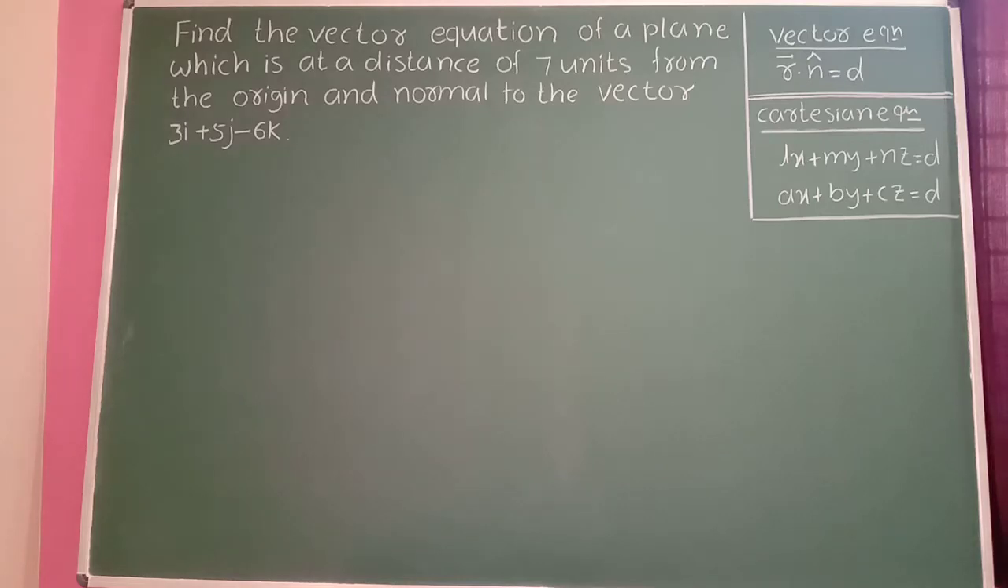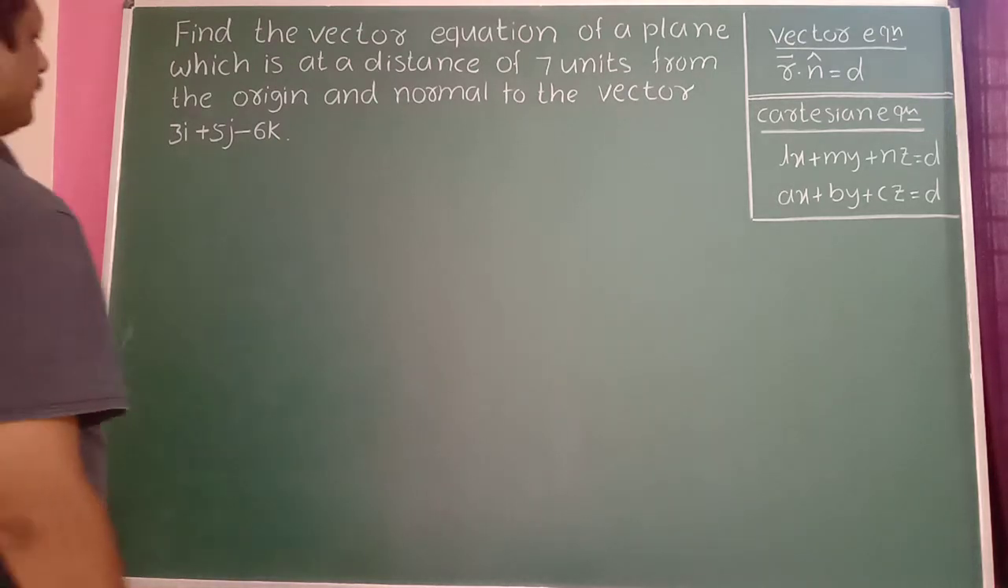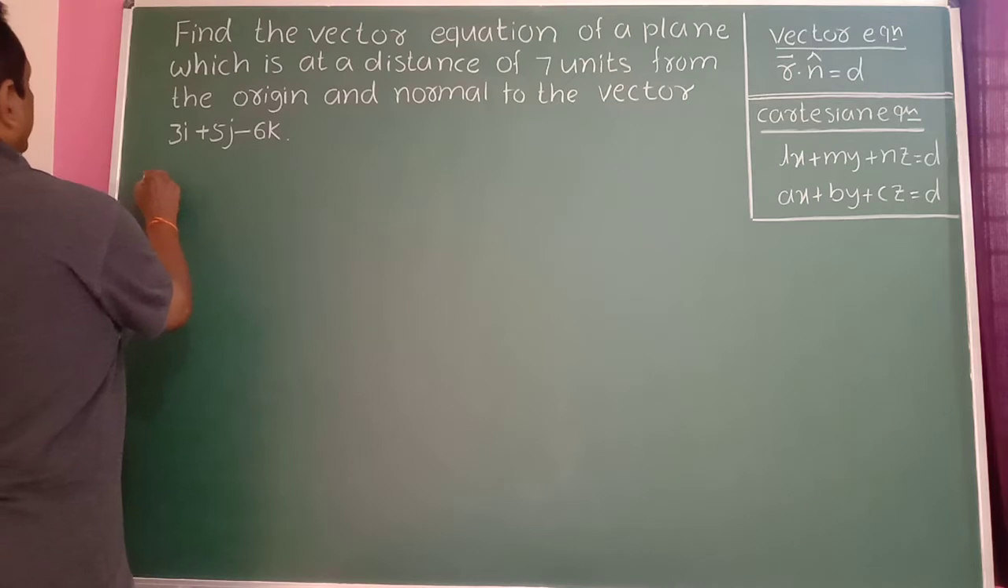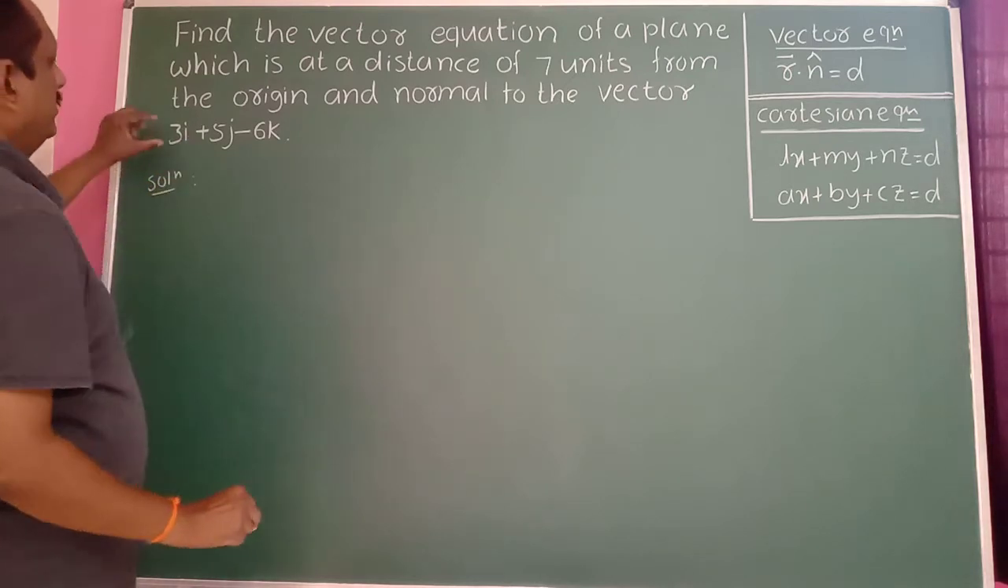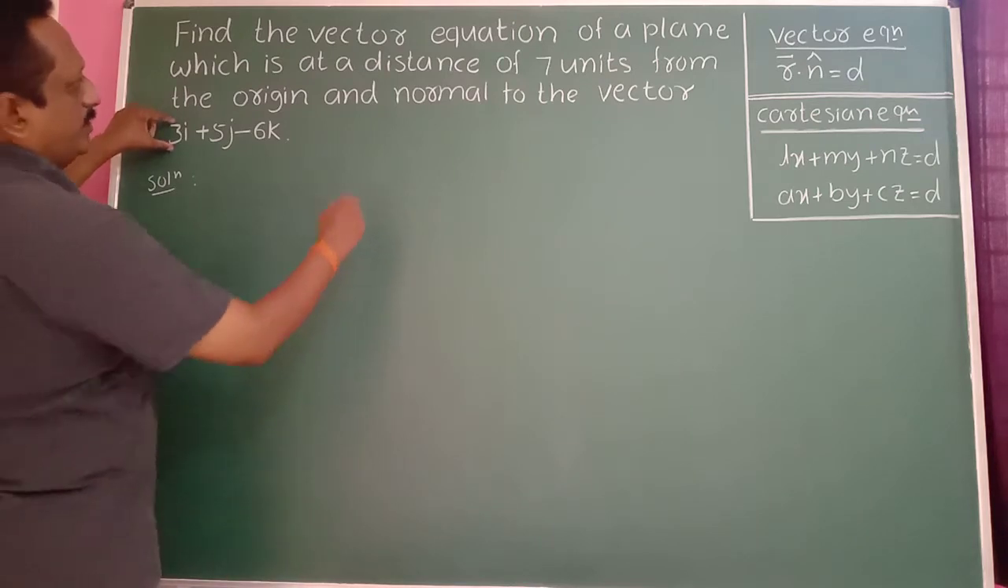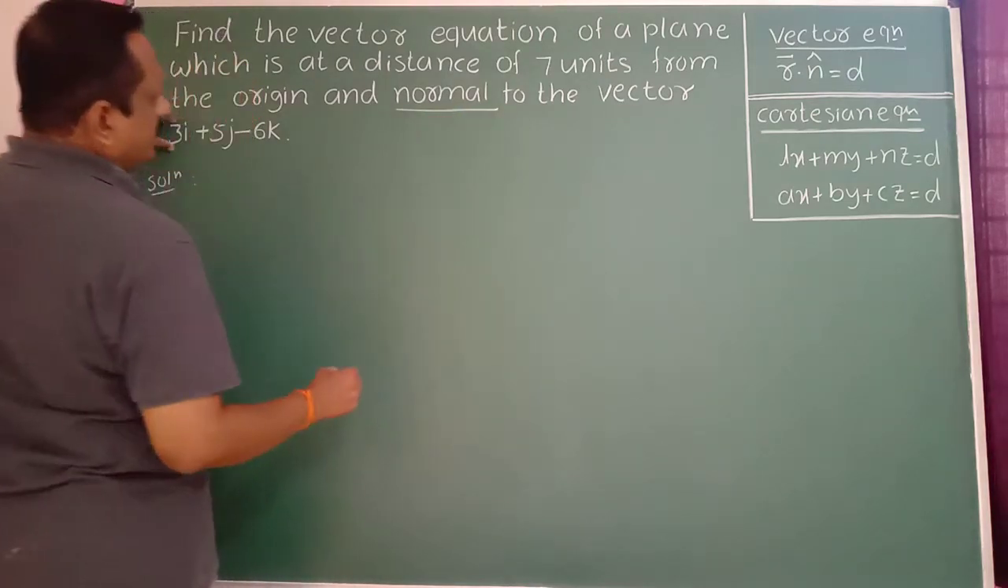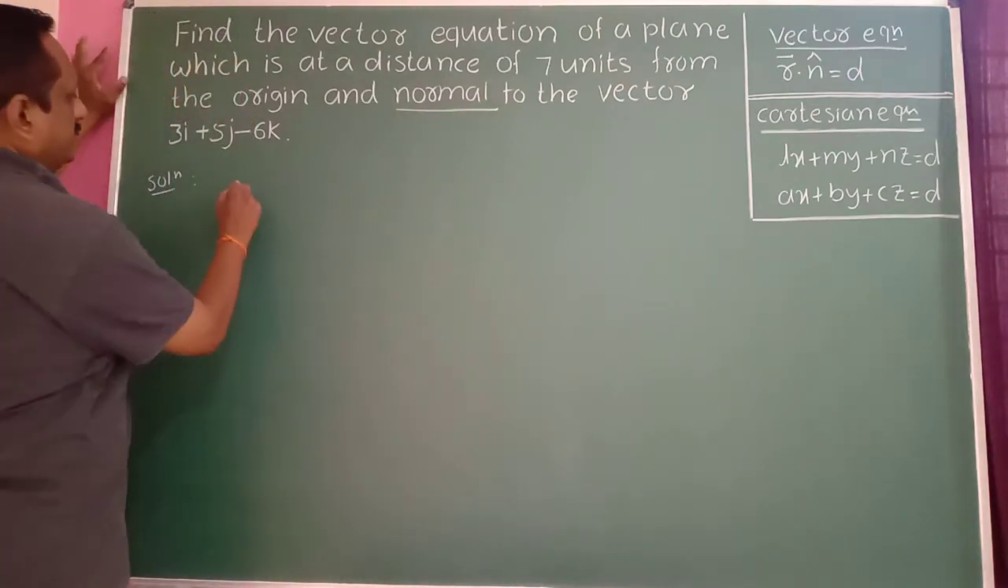Find the vector equation of the plane which is at a distance of 7 units from the origin and normal to the vector 3i + 5j - 6k. Here they have given n bar as a normal vector. It is not a unit normal vector, it is only a normal vector. Hence, n bar